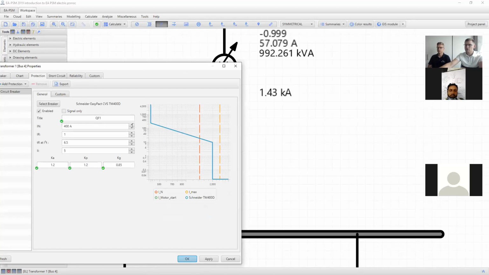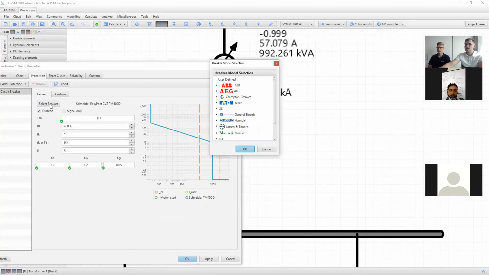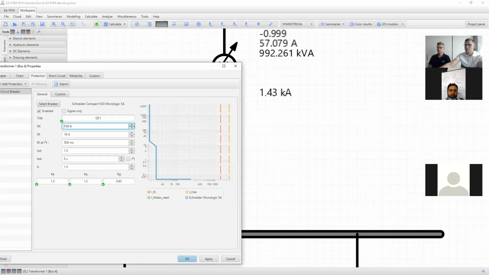So we have to change the settings of this breaker, or even choose a bigger nominal breaker from the library. So here's the library of different circuit breakers that are used in low voltage networks. For example, we can take some other protection device. You can see that we can change settings of the protection device, and actually we can create